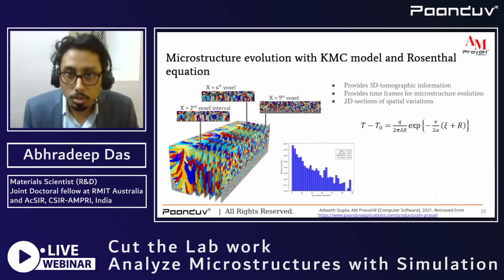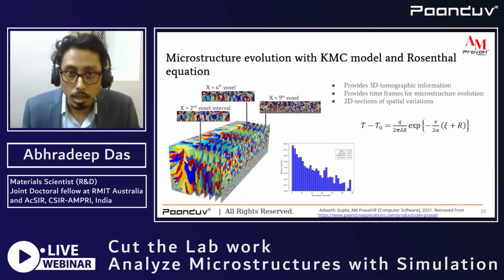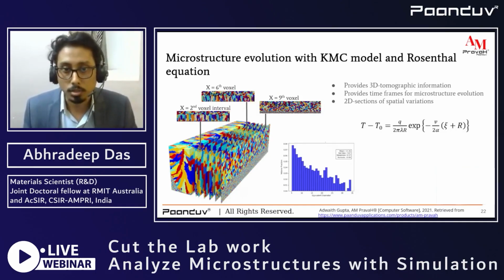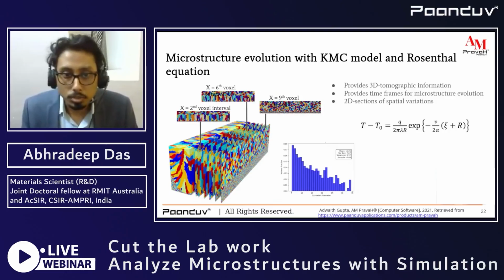Coming to the microstructure evolution, for the microstructure module offered by Paanduv Applications, we can show the spatial and temporal evolution of the microstructure. It includes the kinetic Monte Carlo model and Rosenthal's equation to generate the microstructure. In this particular slide, what you can see is a microstructure formed for the 3-layer 3-track stainless steel 316L composite, wherein we can easily